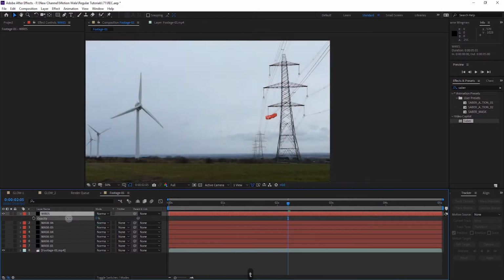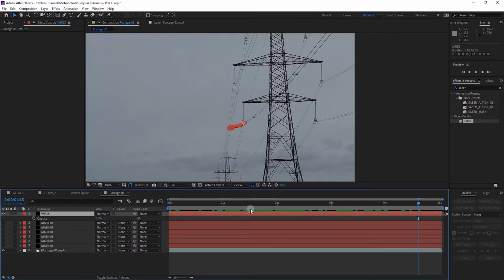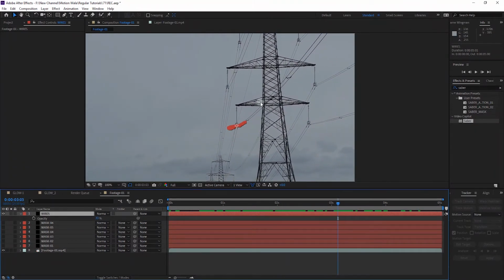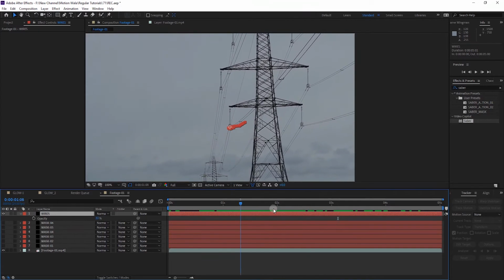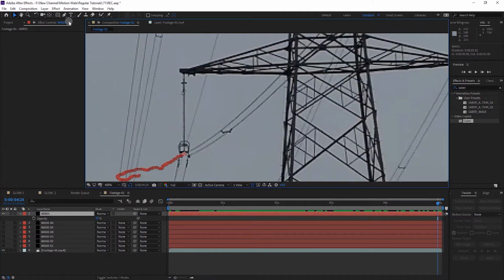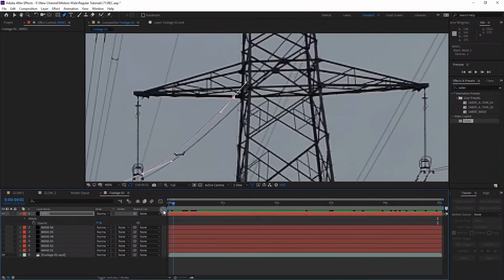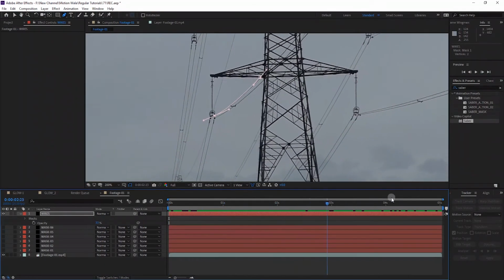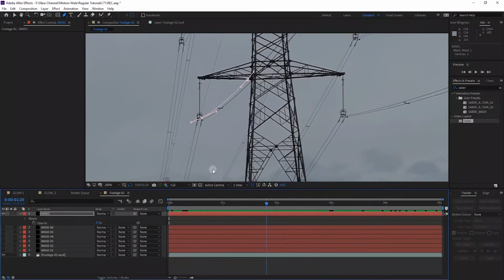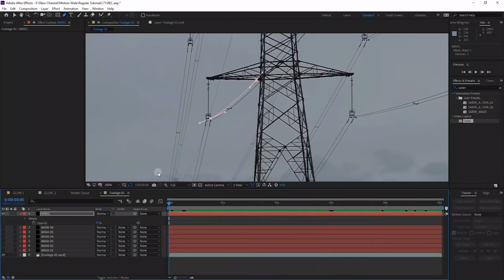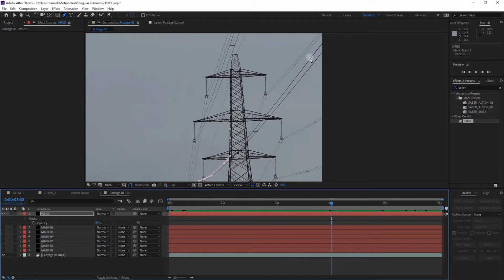If I change the opacity to something like this, now we have the position traced, because the object is not moving, the only moving thing is the camera. So we trace position, and then you can select the layer and trace the wires. If I trace this wire simply to show you, you can see it's going along with our layer. So now I don't need to add keyframes again and again, so it's easy. Then you can trace all the wires, and you can trace whatever is in your footage.